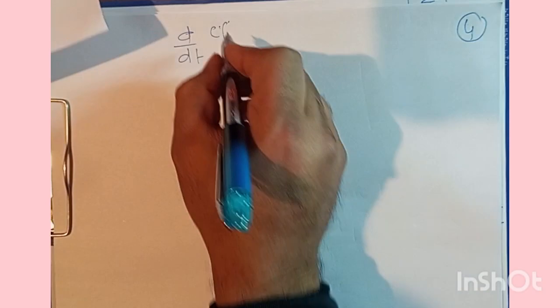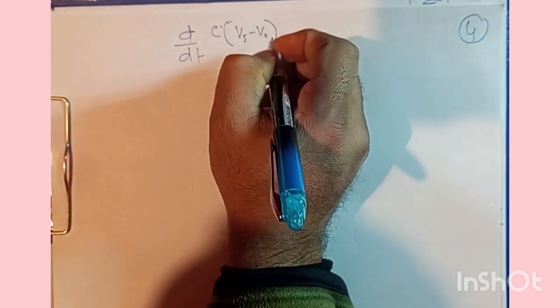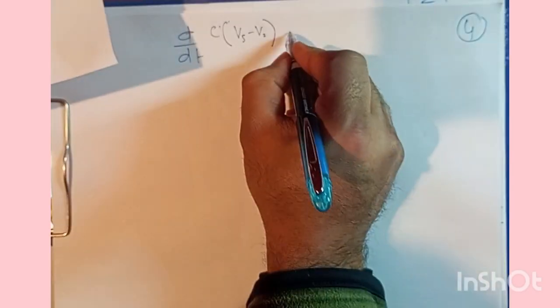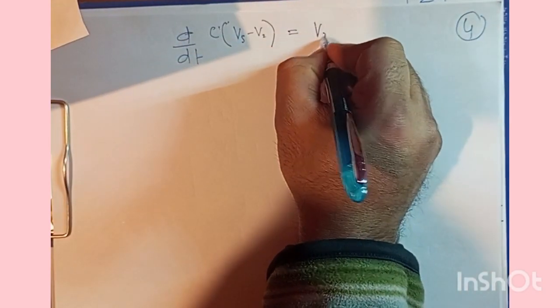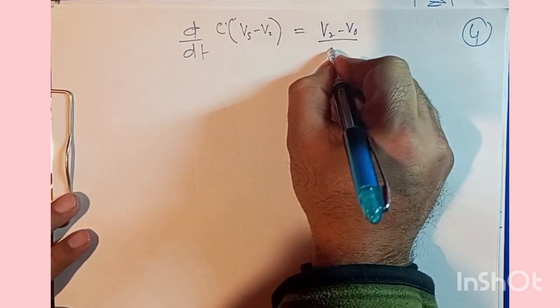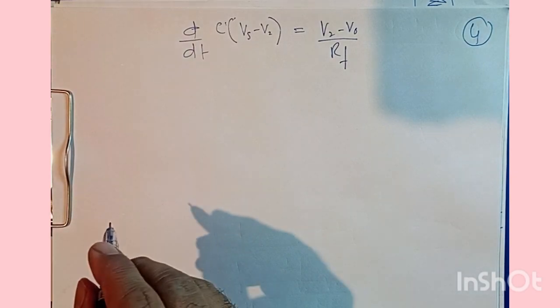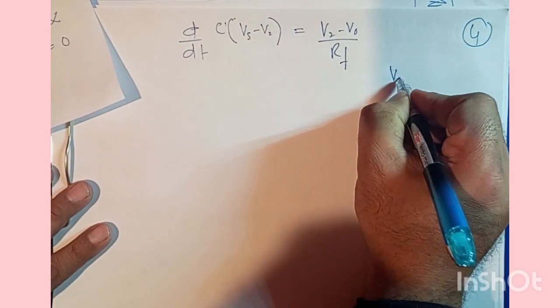So this is Vs minus V2, and this is equal to V2 minus V out by RF. Now we can use the concept of virtual ground here again, and in that case we know that V1